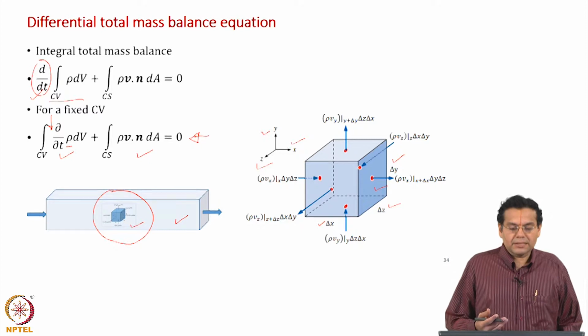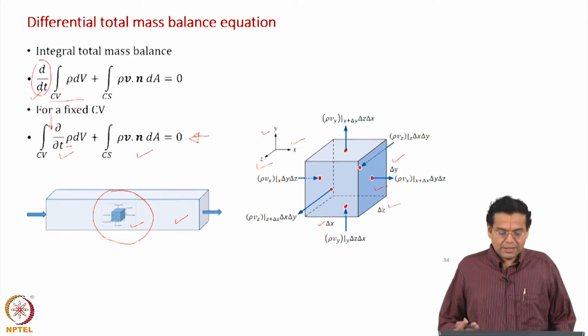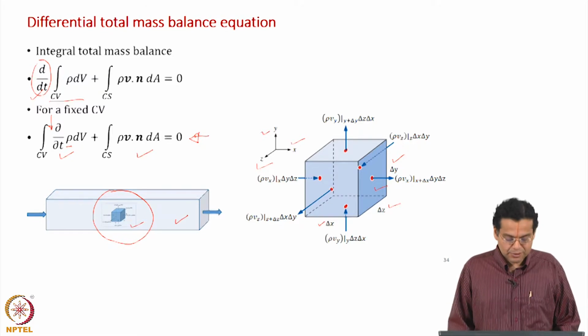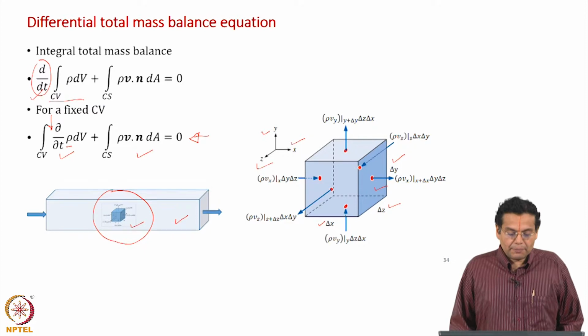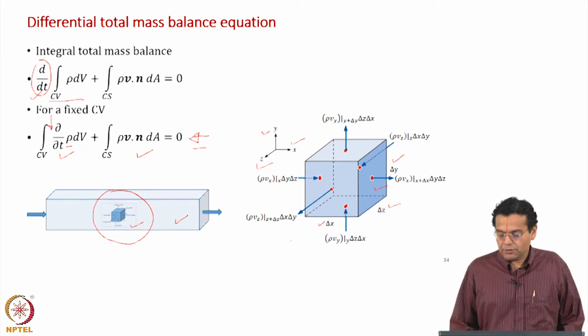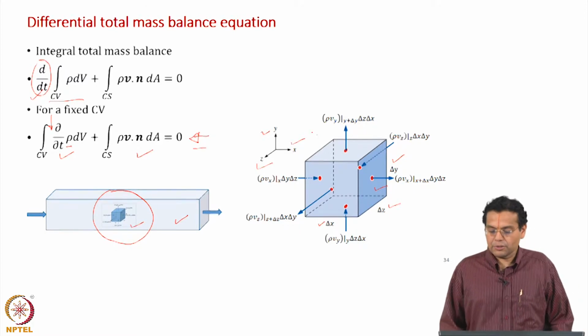If I say mass, it means total mass as we go along, because species mass has no confusion now until the very end of the course. So, let us use mass for simplicity. We are going to apply this form of the integral mass balance equation for the control volume shown here.